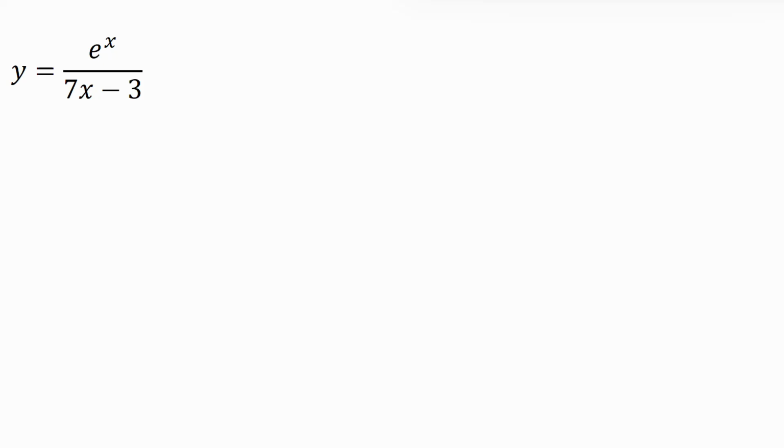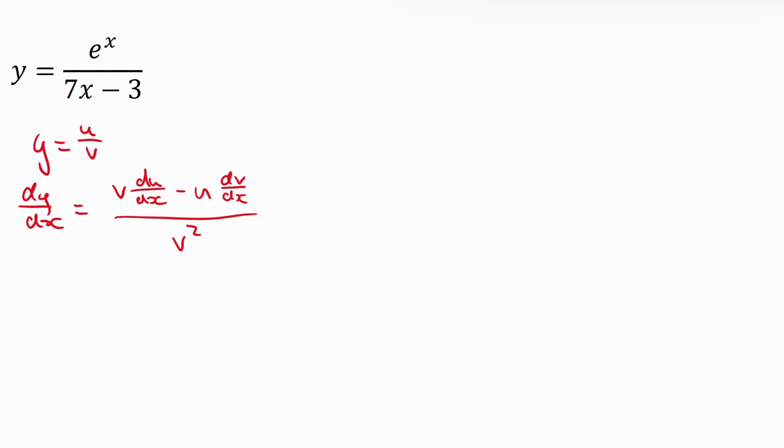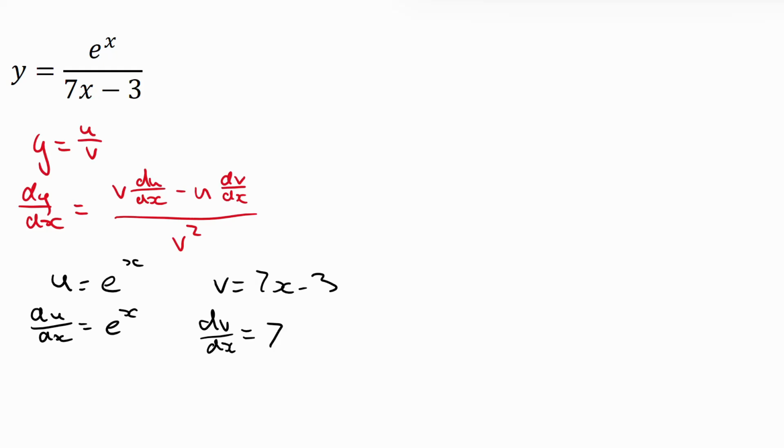And next one we're going to look at here, we need to use the quotient rule because it's a fraction. And remember, that's y equals u over v. So in our example, I'll write the actual formula first, dy over dx equals, remember v always comes first with this one, minus, there you go, and then we can just start doing it. So u is going to equal my e to the power of x, v equals 7x minus 3, so du/dx equals e to the power of x because it doesn't change, dv/dx equals 7,